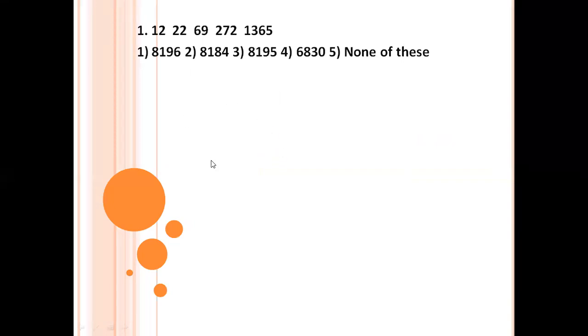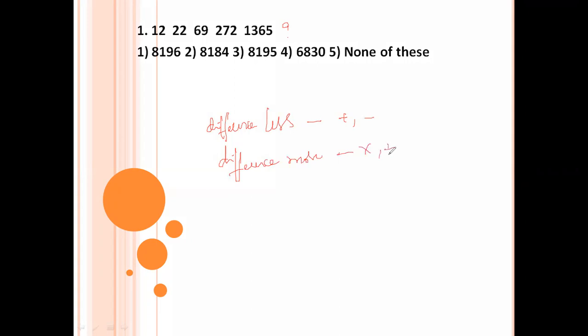First problem, before going to this problem, number series. How to solve the number series. Number series means some group of numbers is given in some order. Between those numbers, if the difference is less, use addition and subtraction. If the difference is more, use multiplication or division.